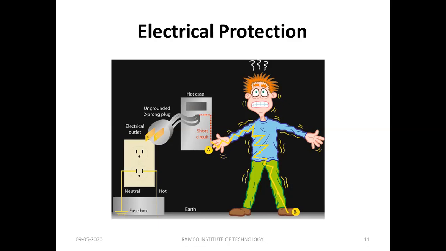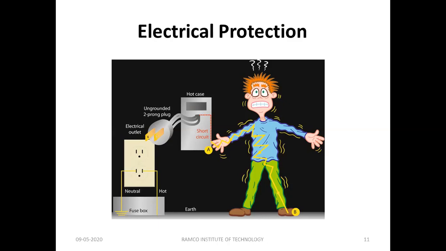We should protect your electric circuit in a correct manner. For example, if in your home there is a fault, some phase and neutral connection joined together, or some overloading, anything, some fault is there, what will happen is immediately